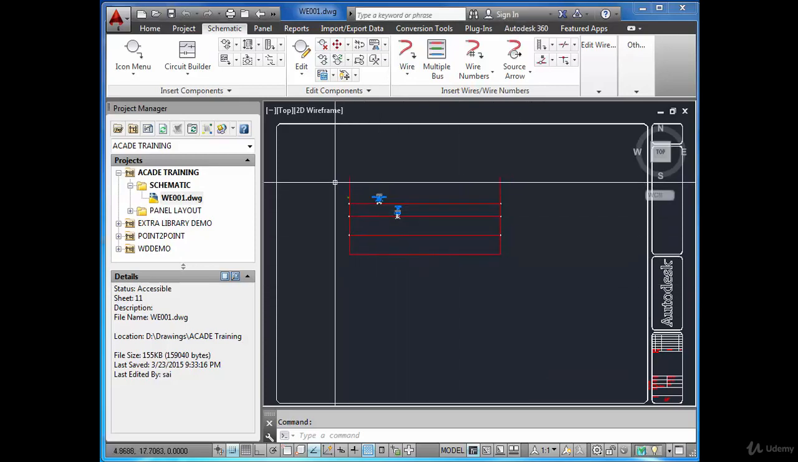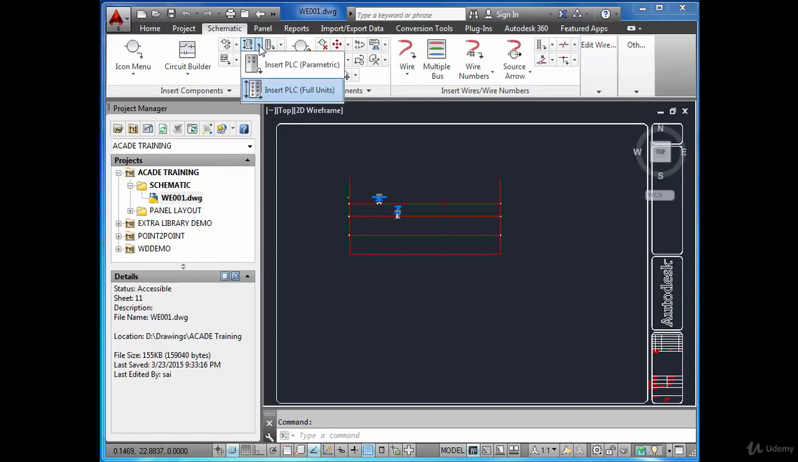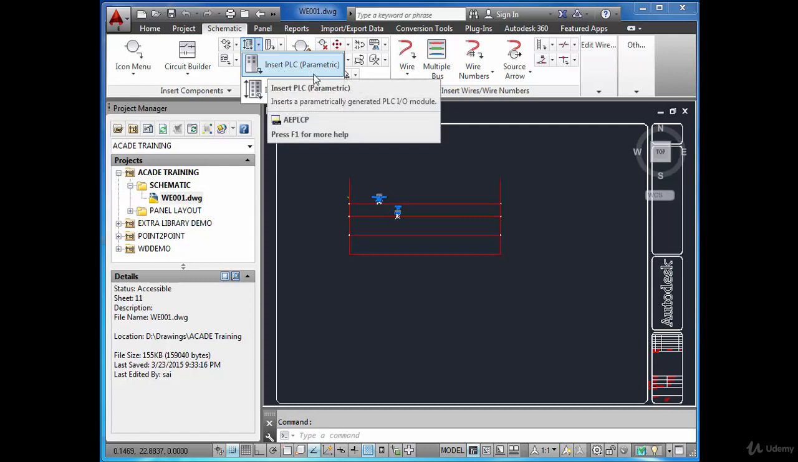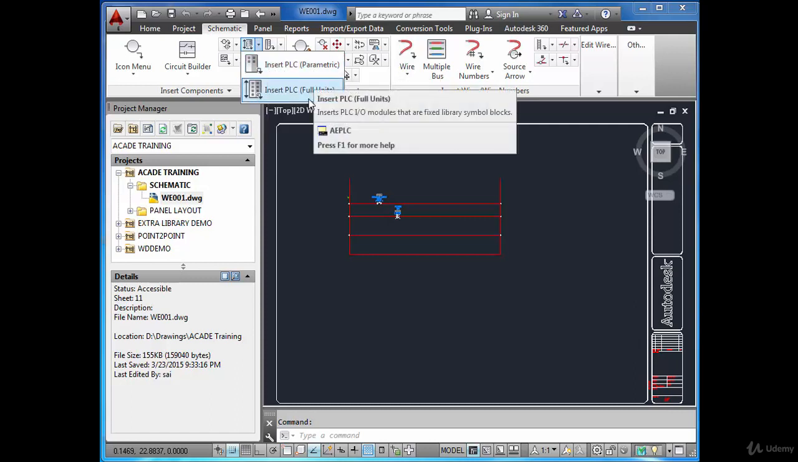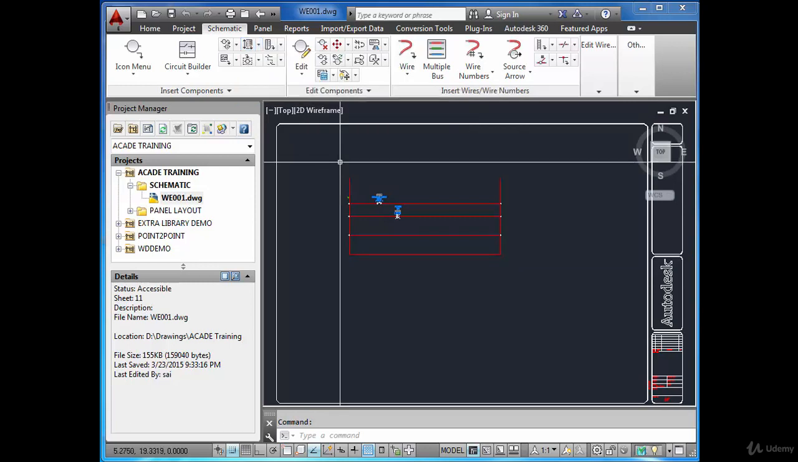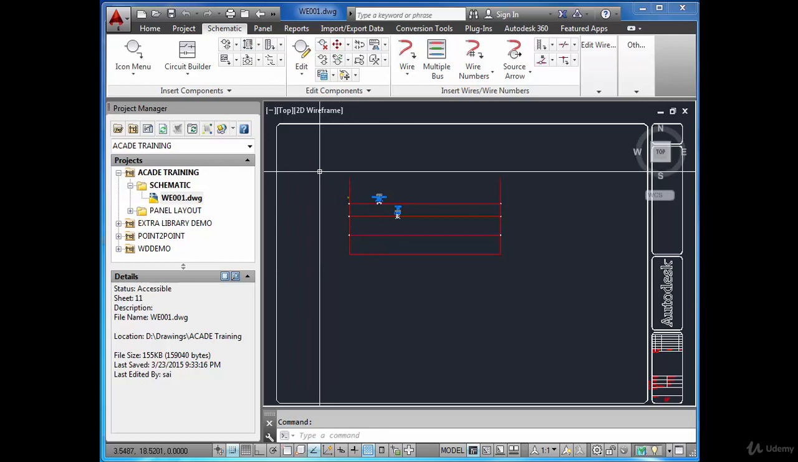We have learned a few things about PLC functions, these PLC modules. But you see, there are two types, parametric and fixed units, that is non-parametric. We will try to learn about the difference between these two. Okay. Now I have a drawing called